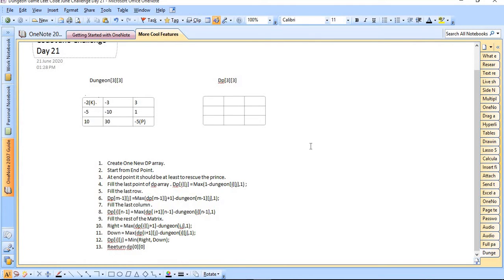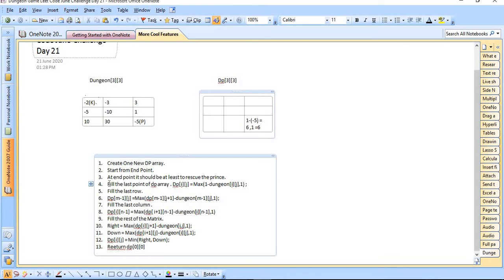What we can do is, at first, declare a multi-dimensional array of size m by n. In this case we already know the princess location. The princess will always be in the last cell, here in this location. According to the condition, whenever the knight reaches this cell, the knight's health should be positive. So we can safely assume the knight's value should always be at least 1. We are going to use this formula to calculate the last cell value. So it should be 1 minus 5, so it should be 6. Between 6 and 1, 6 is the maximum, so we are writing 6 here.